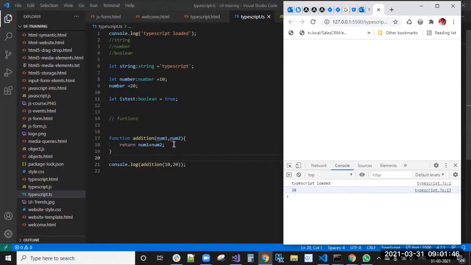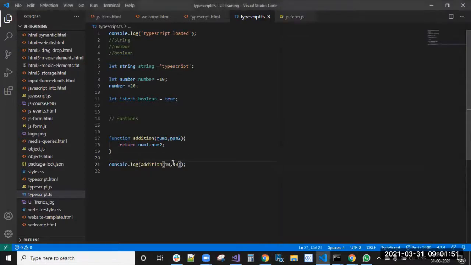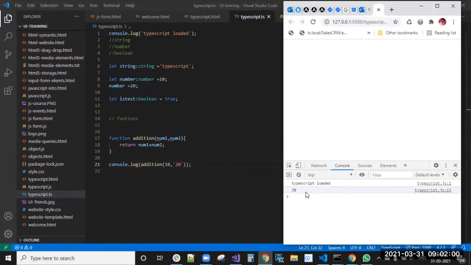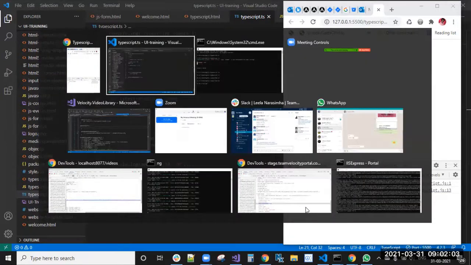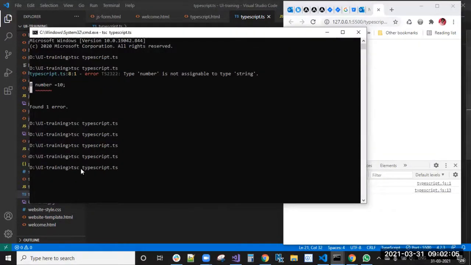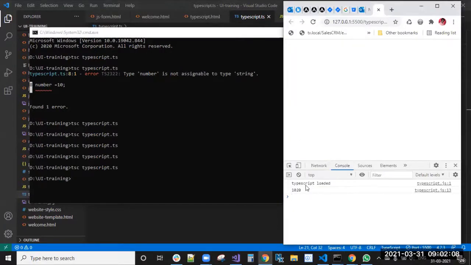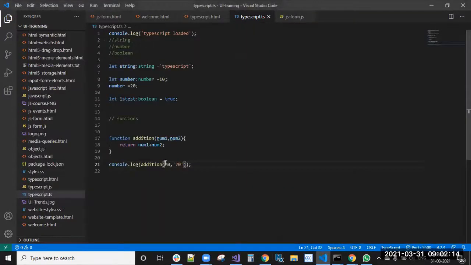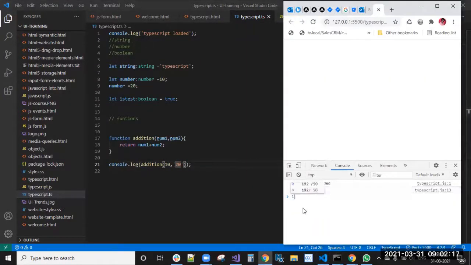In JavaScript also we will write the same function. But now in TypeScript, in any case, suppose you have declared it like this, 10 comma 20, then what is the output you will get? Here it says TypeScript.ts, we need to change that. So 10, 20. Because 10 is a number and 20 is a string, what will happen? 10 plus 20. So 10, 20 only, right? It is printed like that only.